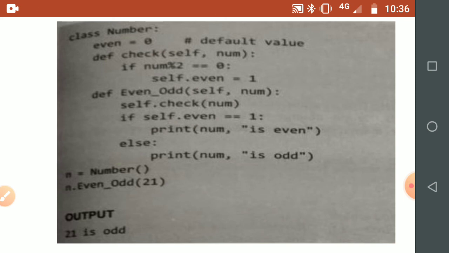So in this program, note that we had a class variable e1 with value 0. We had set an attribute of the object which has the same name as the class attribute, meaning self.e1. It means this one and this one and this one. This object variable and class variable have the same name.